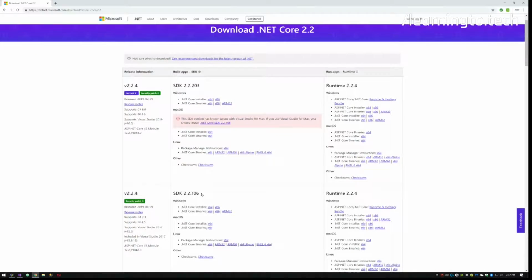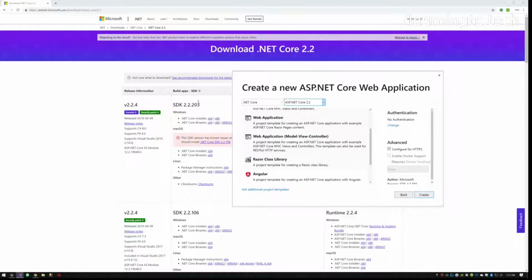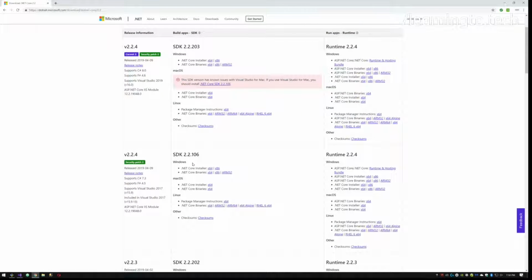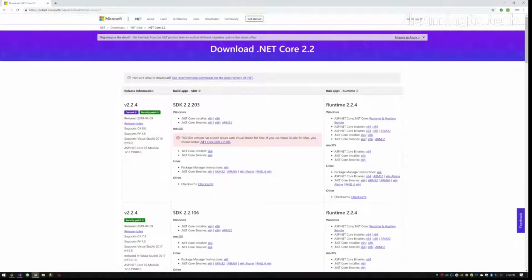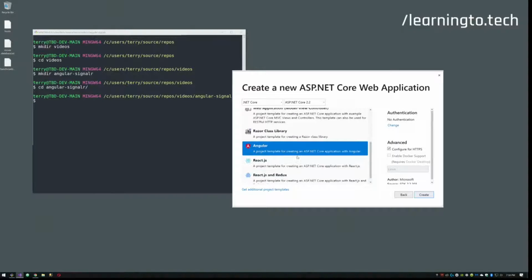There's some incompatibilities, and I believe a new build tool in here means that it's incompatible with older versions, so they have to keep moving it forward. So if you're installing .NET Core 2.2 and you're using Visual Studio 2017 or earlier, use this version. Okay. Point made. We're going to select Angular, so we're going to go with the basic Angular template,